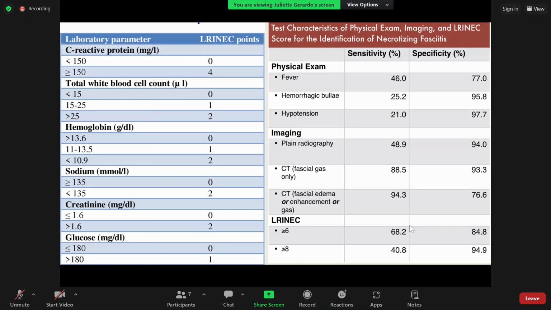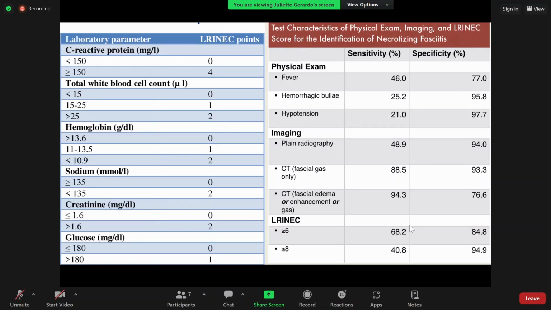Do you use the LRINEC scoring system here to help with stratifying? Usually. Yeah, okay. So for our other learners that are on here, the LRINEC scoring system focuses a lot on